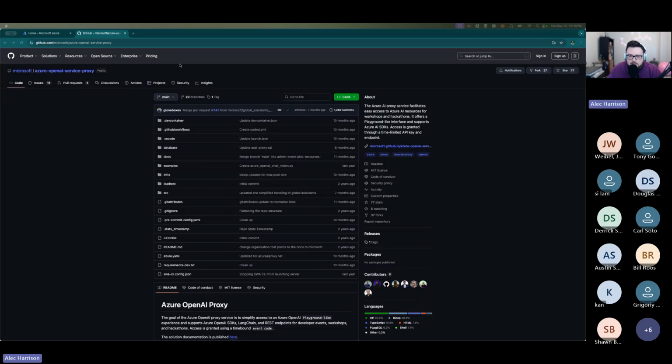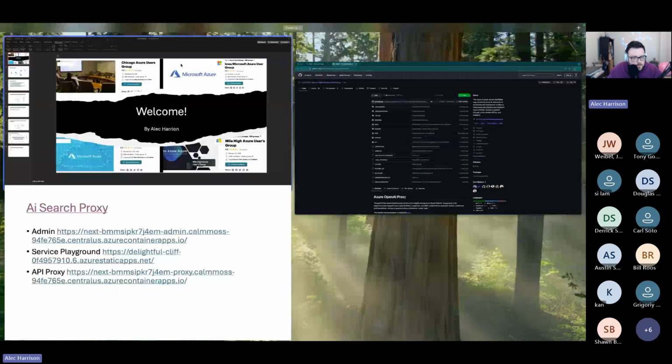Before the AI services were really robust, this service was really nice because it used to help you with round robining at events. What it would do is basically round robin all your requests, because context limit and API per minute calls used to be your biggest bounding factor. Microsoft has now made a lot of those not as big of a deal. I had a 100-person workshop, somewhere between 50 and 100, on a single Azure OpenAI instance, and we didn't hit any sort of rate limit issues. But that's where this, I think, first came from.